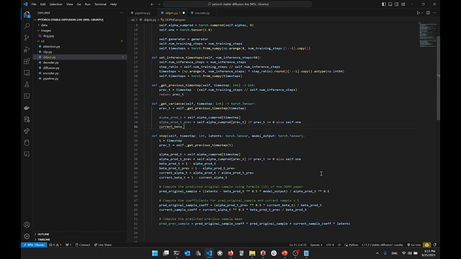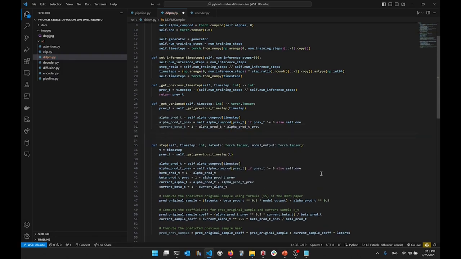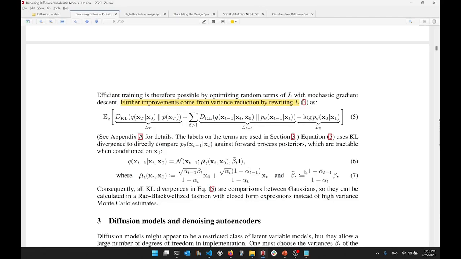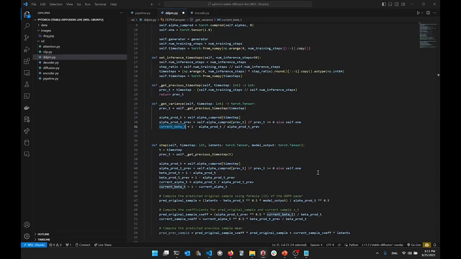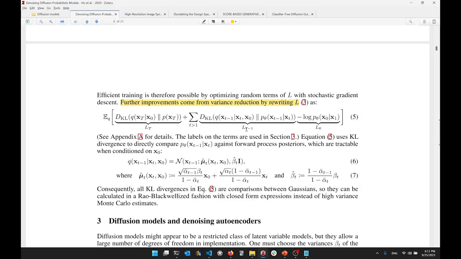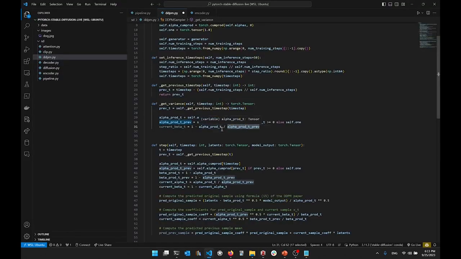And the current beta t is equal to 1 minus alpha prod t divided by alpha prod t. What is current beta t? It is equal to 1 minus alpha prod t divided by alpha prod t0. Okay. So the variance,